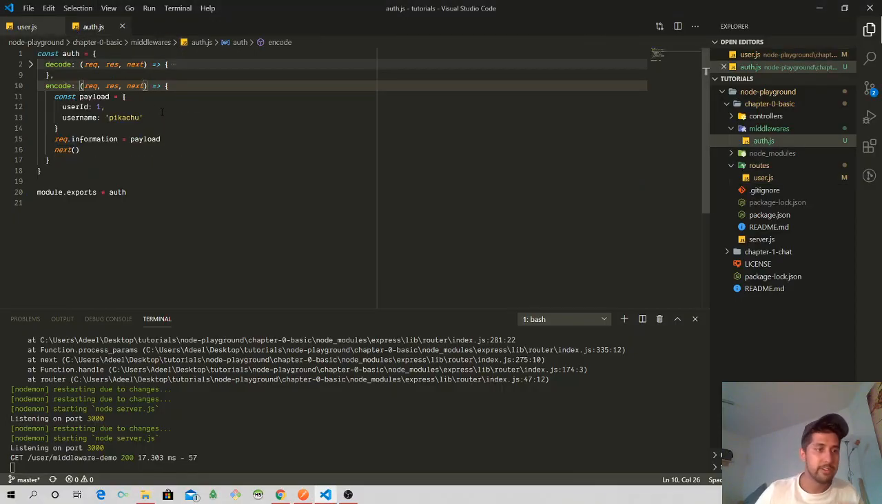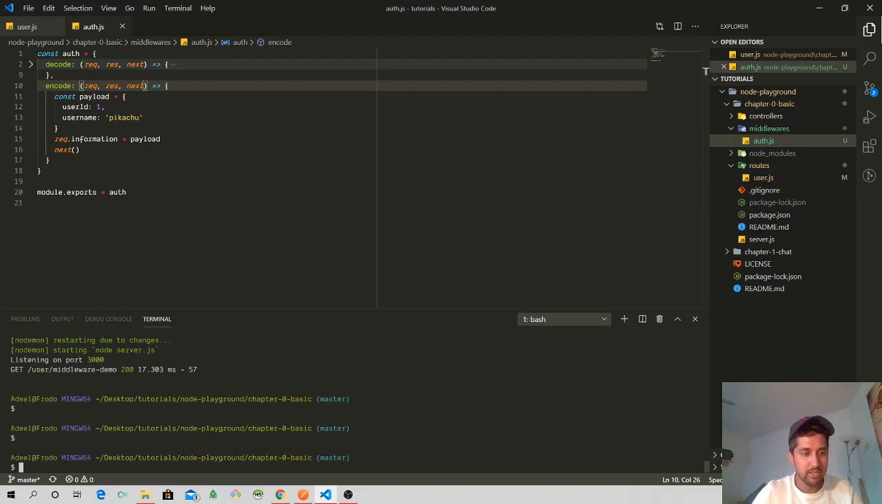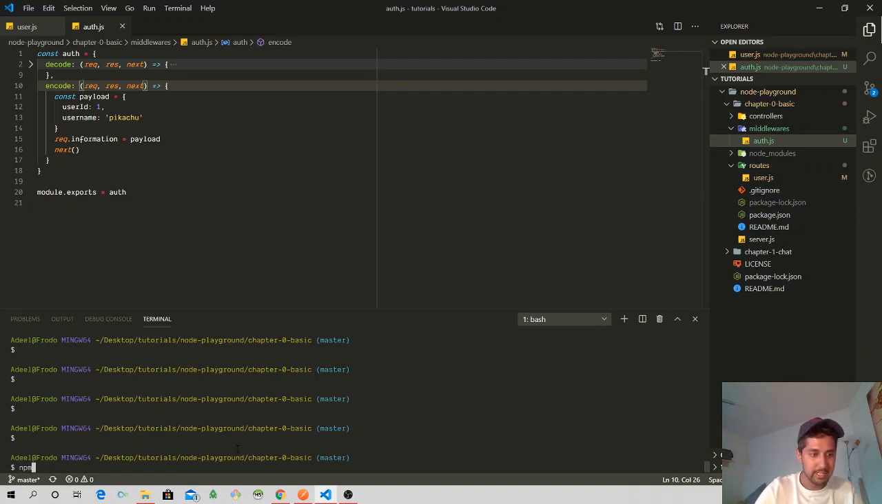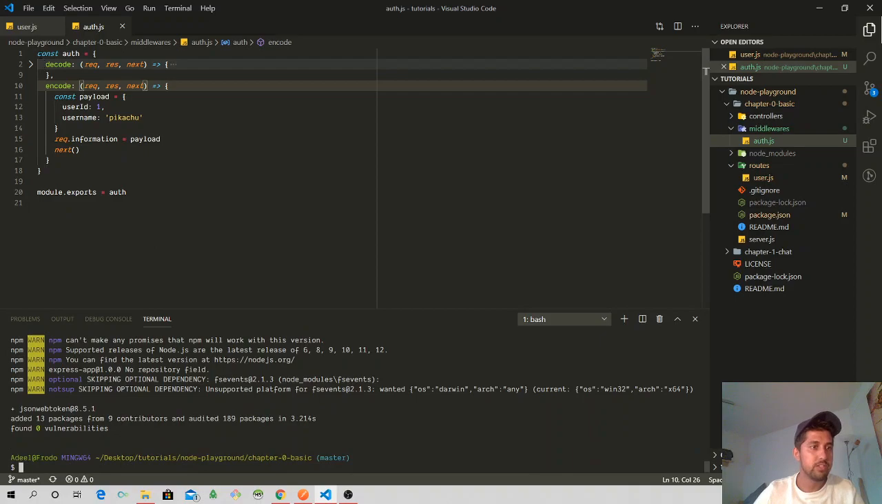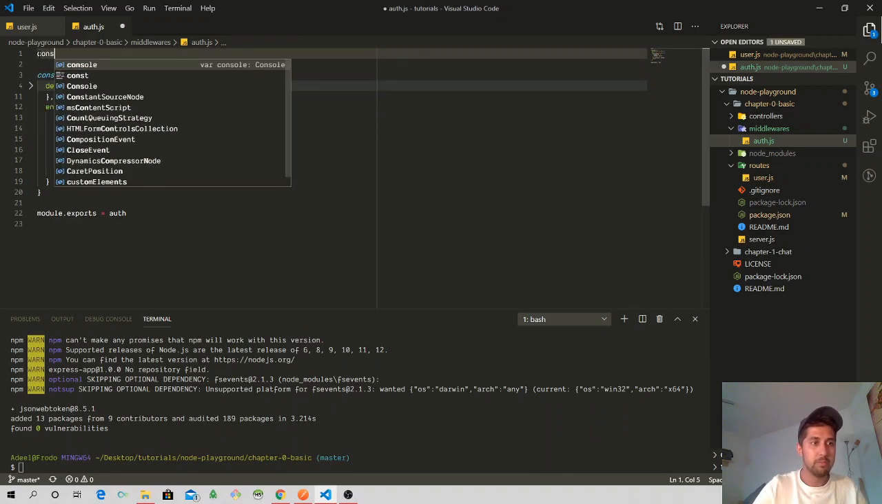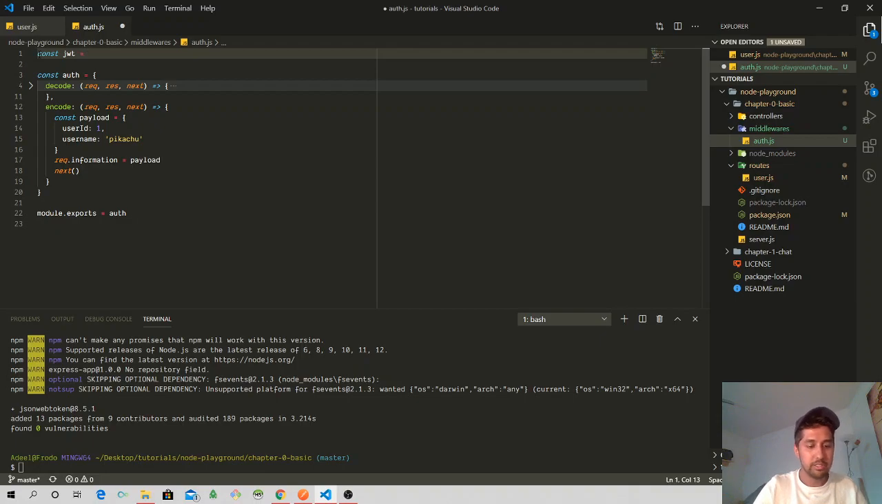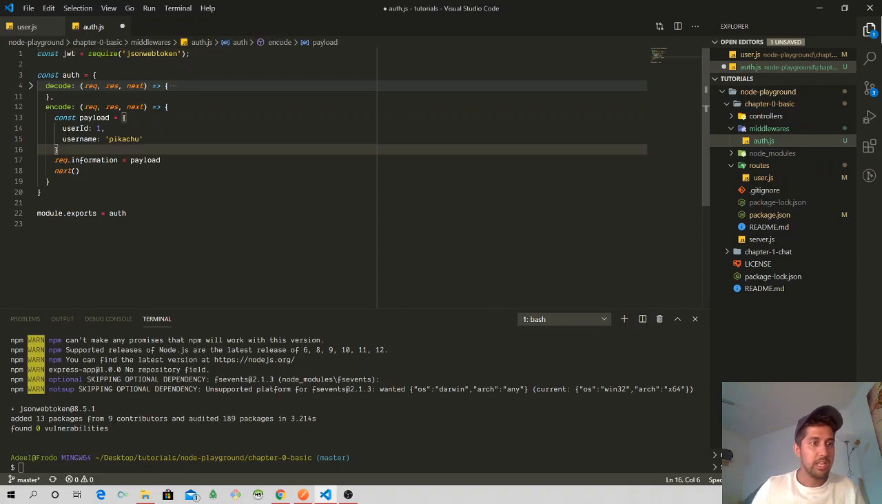Now, what can I do here furthermore? Let's do some JSON encode decode. I'll install a package. I'll call it npm i jsonwebtoken --save. And all right, it found zero vulnerabilities. I'll go up. I'll say const JWT is equal to require jsonwebtoken,